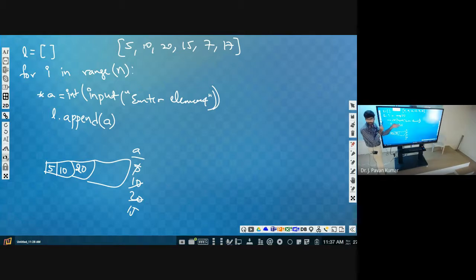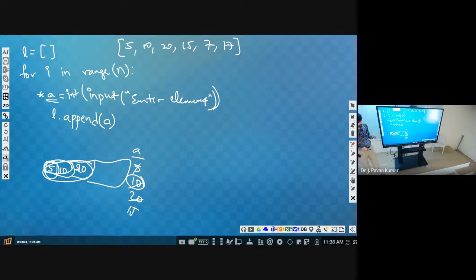We are taking one input, and that input we want to append to this list. Append means that A will be added to this list. As of now, the list is empty, so that element will be appended. Next time it will be repeated. Again we take one more input, stored in A only, so A value will be 10 now. 10 will be appended. What is L now? 5. For 5, 10 will be appended. So now 5 and 10 are part of it. If we repeat one more time, we take one more input and that will be appended. Like this, the list will be created.